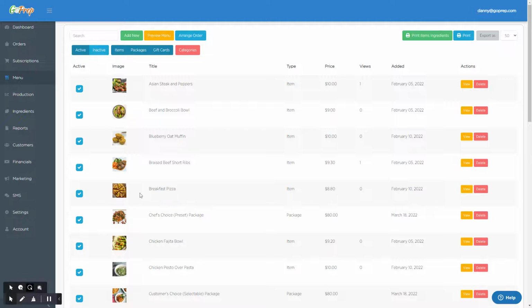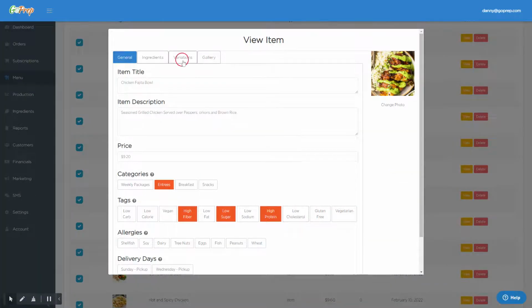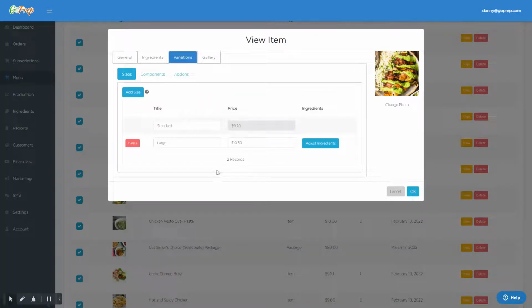In a previous video, we covered adding nutrition facts to a base meal. So in this video, we'll be covering adding nutrition facts to different variations, such as sizes or components. So I'll pull up a meal like this chicken fajita bowl, and you'll see I already added two sizes here,